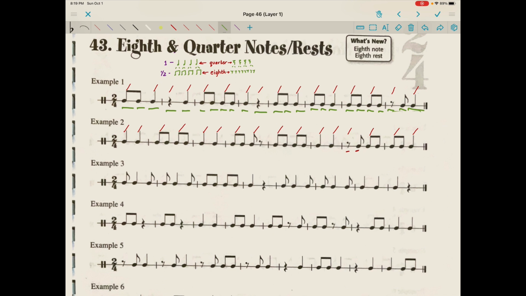Next, I'm going to just look and see that my smallest note value is an eighth note. So I'm going to be wanting to keep a subdivided eighth note pulse, a steady stream of do day, do day, do day, do day, so I can accurately know where to place notes, especially in the trickiest measures. So speaking of tricky measures, I'm looking right here, and I'm just going to go through and mark in my do days. So I'm just drawing in those eighth note pulses that will make up that full measure.